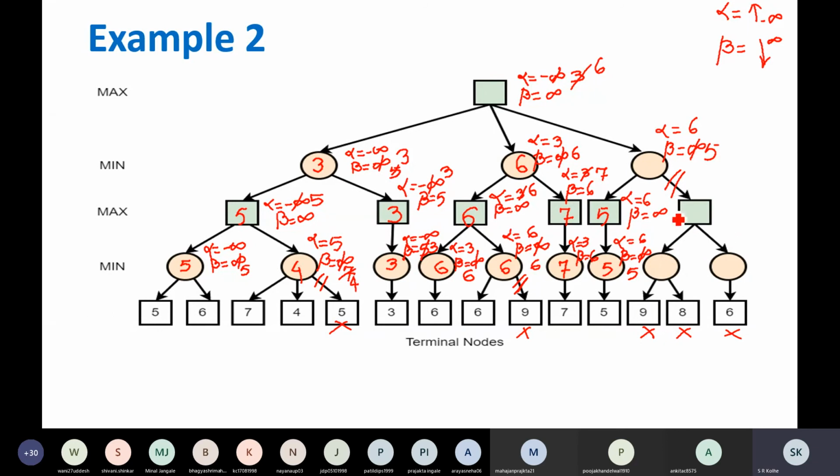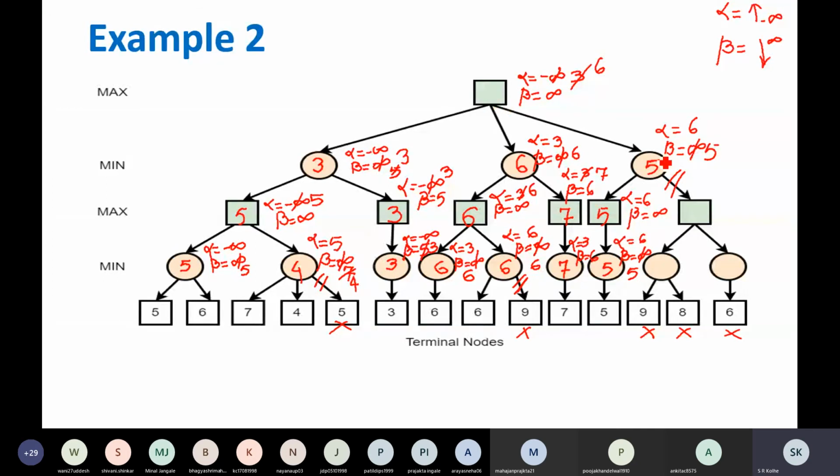That has saved a lot of our effort. You will get the same solution as minimax search, but with less effort in the alpha beta cutoff algorithm. So what will be the value of this node? 5.